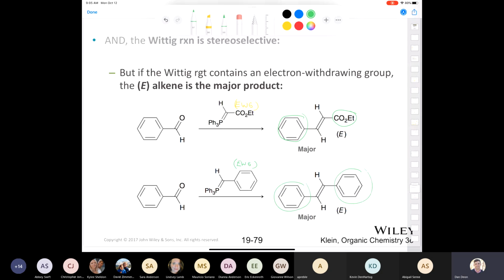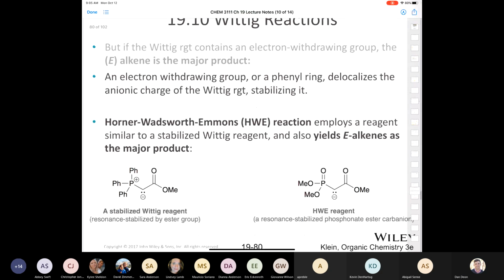And so these two phenyls will end up on opposite sides like this. These are rules that you have to know. If you have an electron withdrawing group, you're going to get the E product. The electron withdrawing group, or a phenyl ring, delocalizes the anionic charge on the Wittig reagent, and that's going to